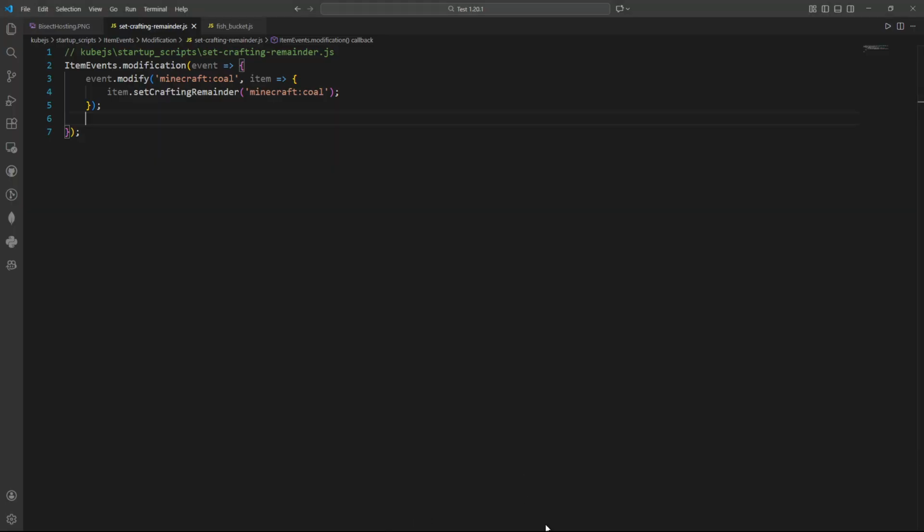But now, let's get into our second example here. This is going to be more of an advanced use case. Here, we want essentially, when you place a bucket of fish, whether it's cod, salmon, pufferfish, or tropical fish, you get that respective fish as an output, and you get a bucket of water back. Also note, you don't have to do this with water buckets and lava buckets. That's automatically a thing, so no need to do that. You can do any recipes you want, and it will just give you the bucket back. But anyways,